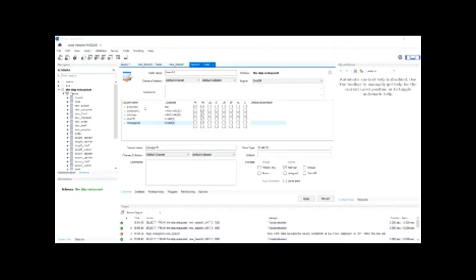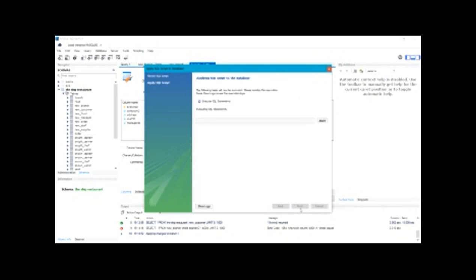So after we insert the attributes of the table, we have to click apply over here. This will show the SQL command for all the attributes that you inserted. The attribute that we inserted is run ID, and the data type also. It will show you, and then click apply. If it displays that you have successfully created the database,